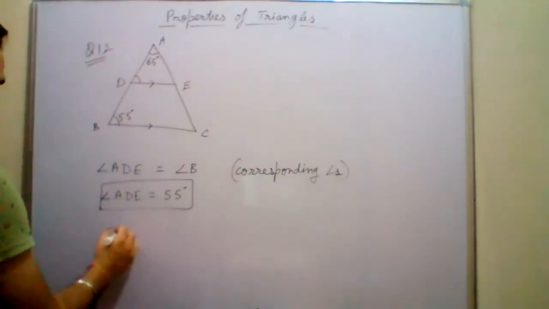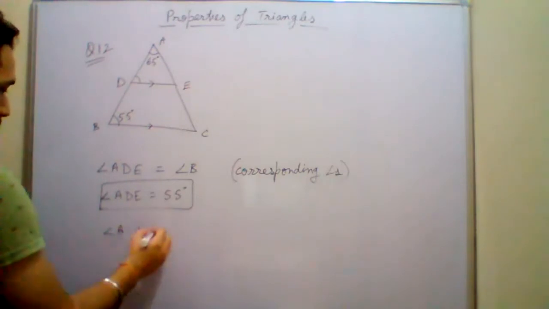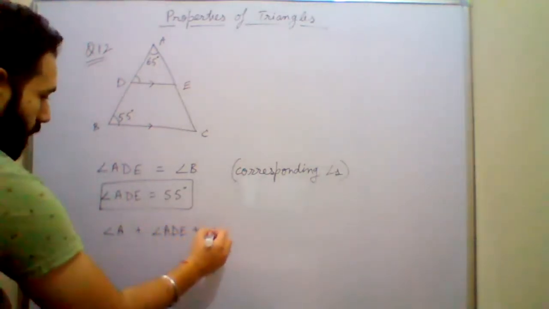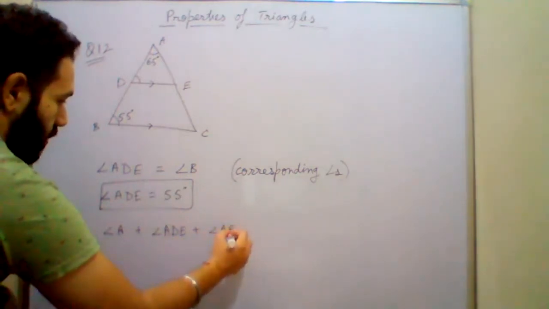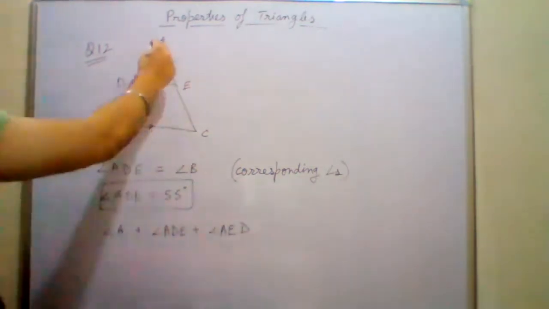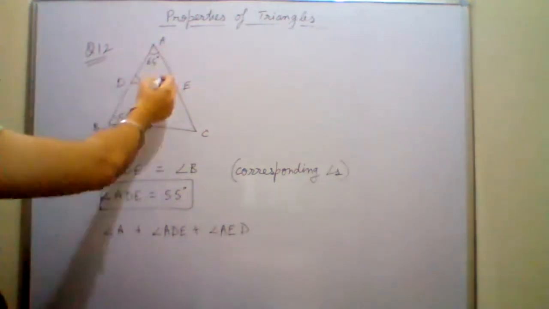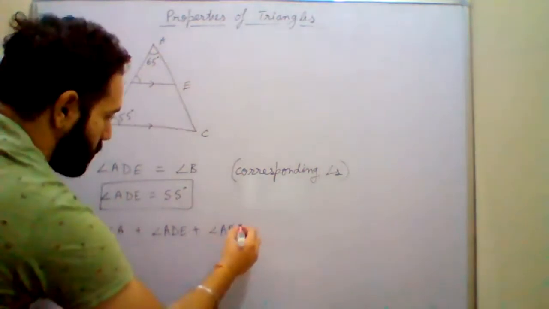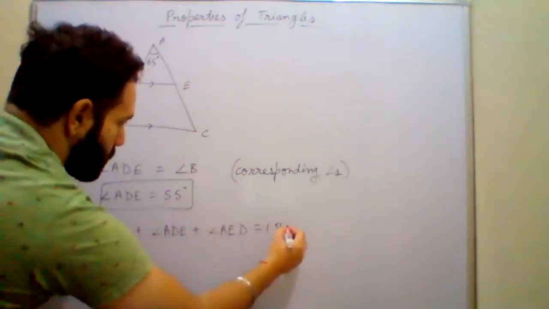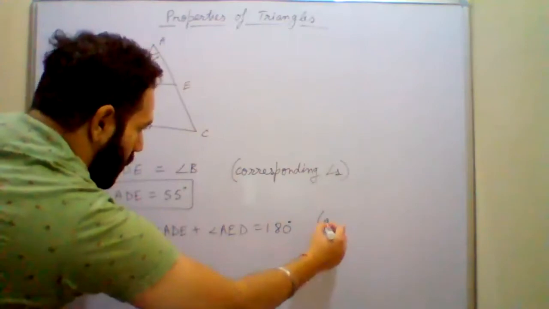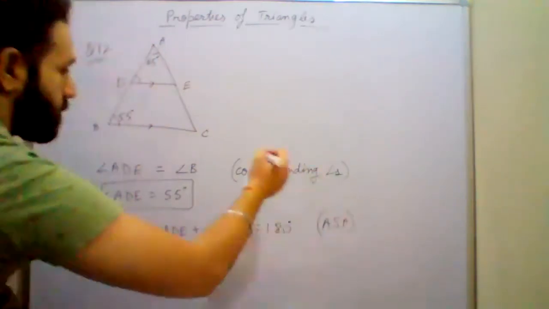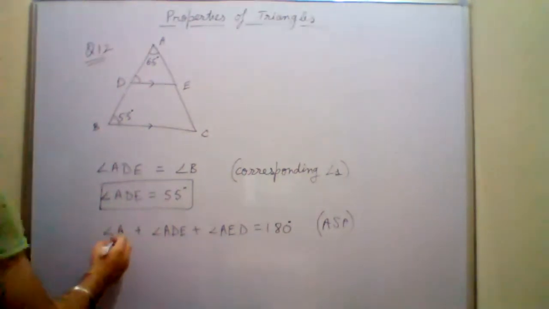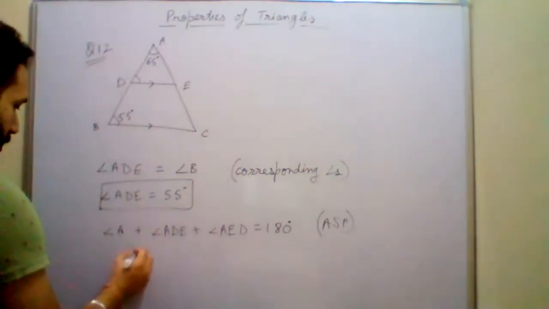We know that angle A plus angle ADE plus angle AED. If we add all the three angles of triangle ADE, what will the sum be? The sum will be equal to 180 degrees. Reason: ASP, angle sum property of triangles. So put the value of angle A, 65,